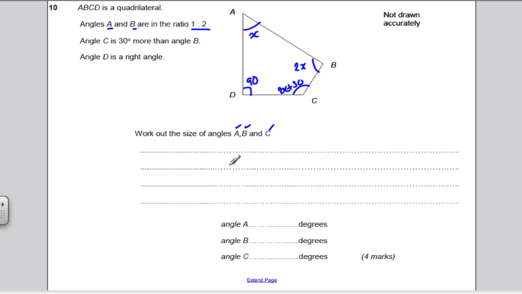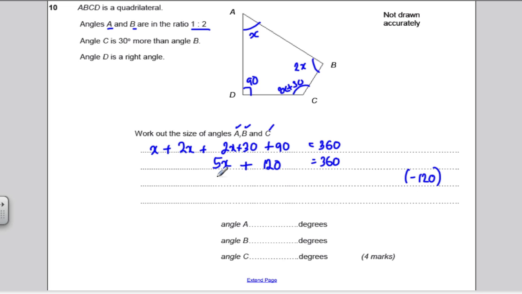Well, inside the quadrilateral, angles add up to 360. So we've got this angle x, plus this angle 2x, plus this angle 2x plus 30, plus this angle 90, must add up to 360 degrees. x plus 2x plus 2x is 5x. 30 plus 90 is 120, is equal to 360. That was collecting like terms. Subtract 120 from both sides. You get 5x is equal to 240. And then divide both sides by 5 to get what 1x is. x is 240 divided by 5,